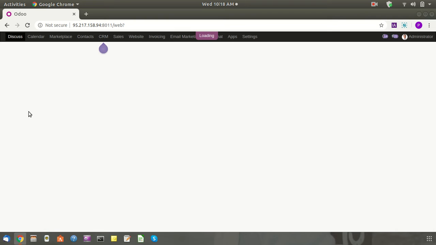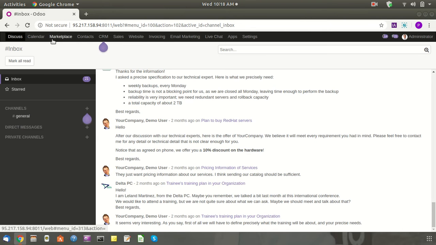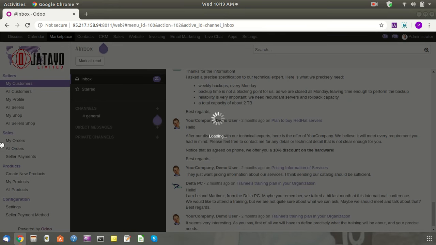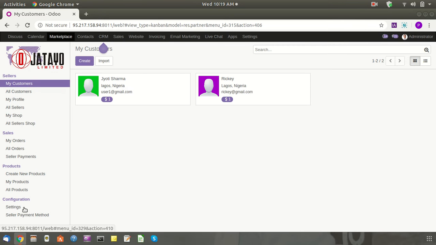As you can see, we have one more menu, that is marketplace. In the marketplace we will manage vendors, vendor products, vendor orders, and payment transactions against vendor orders. Just click on it, and here you can see seller, sales, product, configuration.